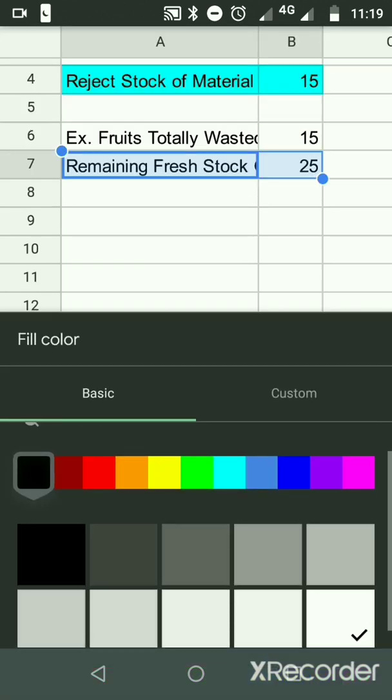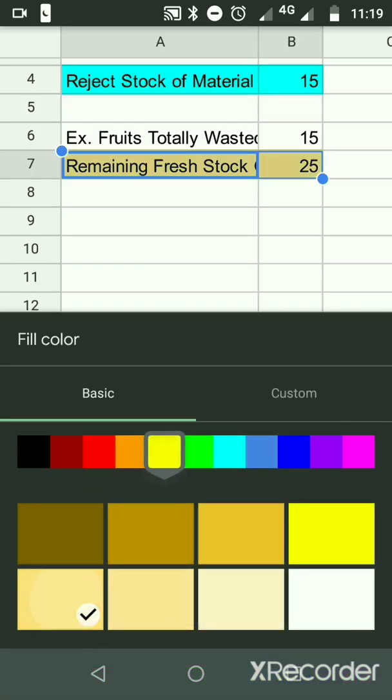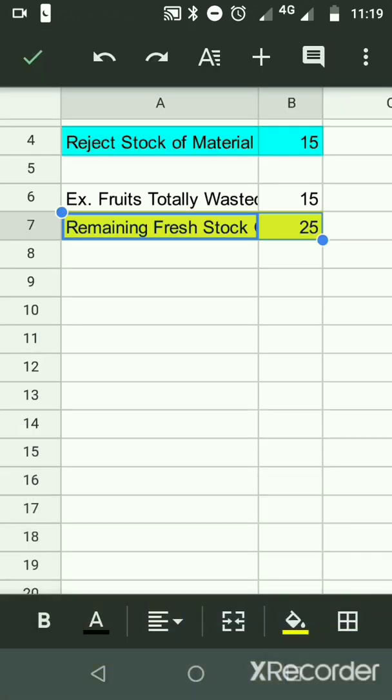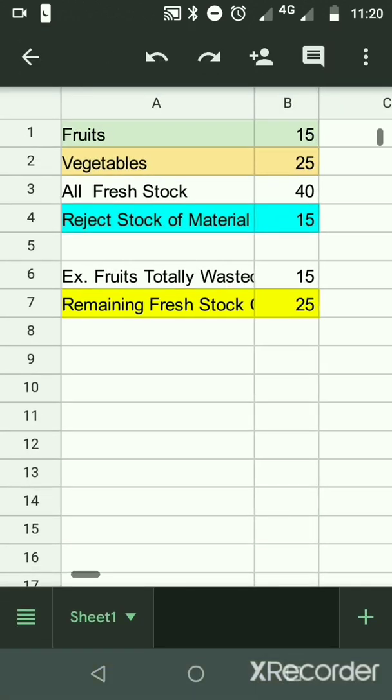Here we can, by using this color, we can clearly indicate. Okay,